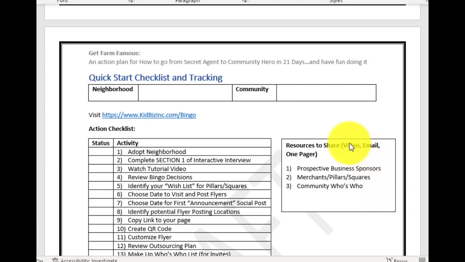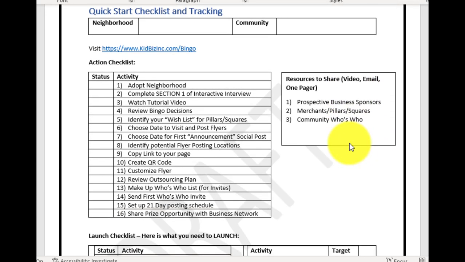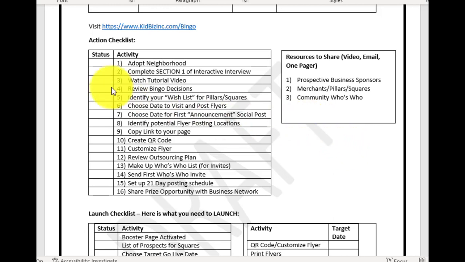So here is a startup checklist, and you can see it's a draft, so it may change. But basically, what we want to do is lay out the very quick, 5 minutes or less tasks to do. One is to adopt your neighborhood. Two is to complete section one of the interactive interview for your neighborhood, where you just tell me basically where